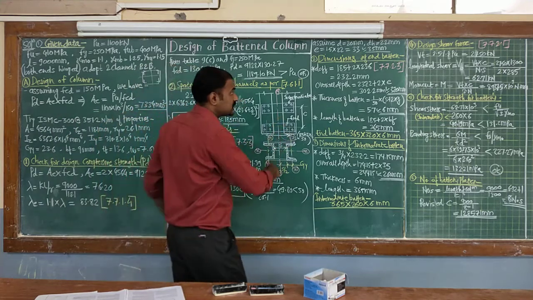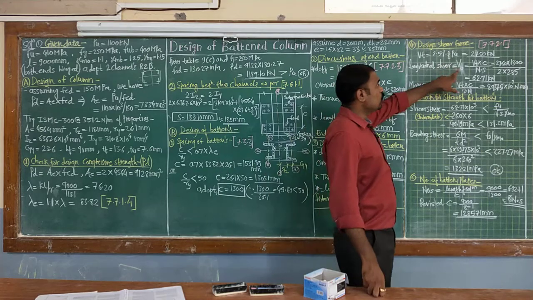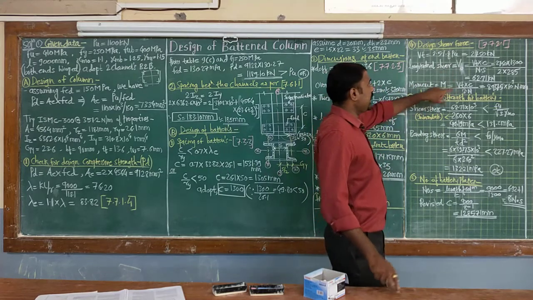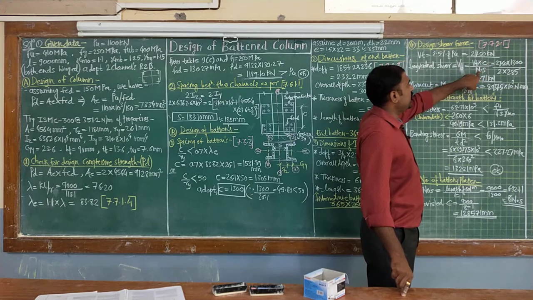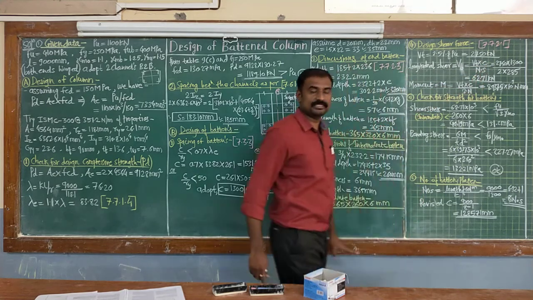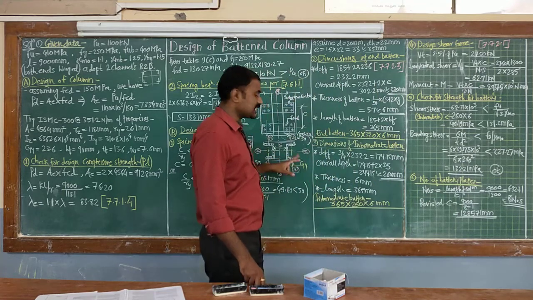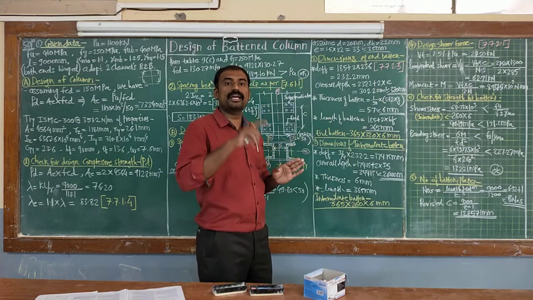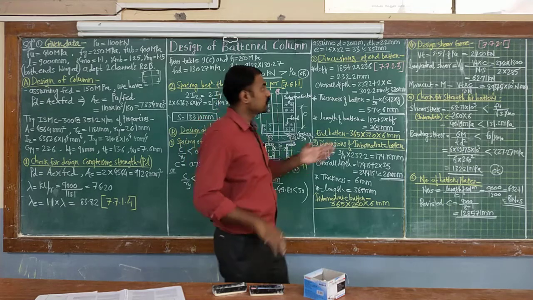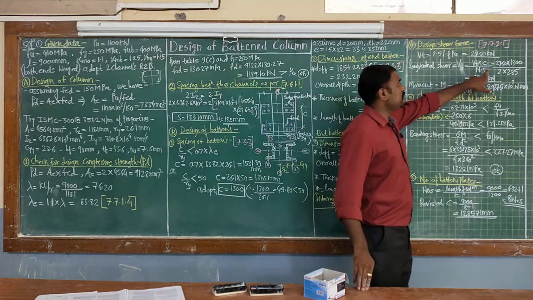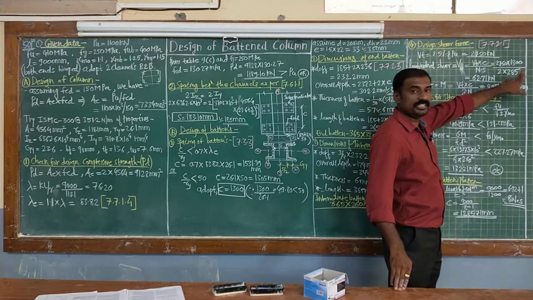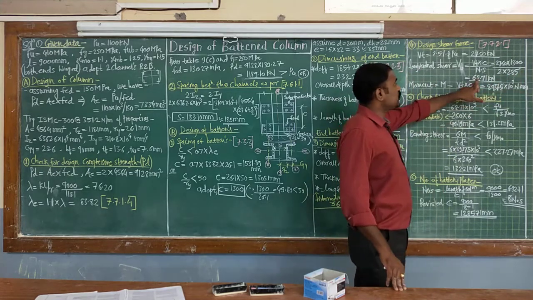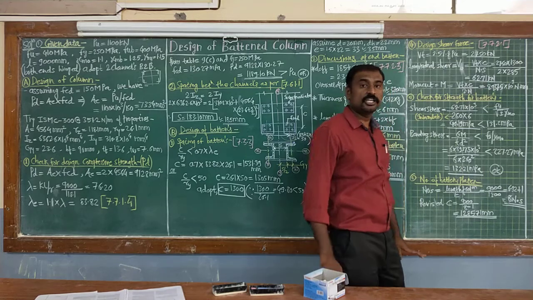For that case we are calculating your longitudinal shear VB value, and VB is given as your calculated shear force into spacing divided by N into S value. Now this N is nothing but number of planes. Number of planes for channel sections are 2. In case of 4 angle section it is going to be 4. So that value N multiplied by spacing. This spacing plus 2 times gauge distance we are assuming 285, already that we have defined. So I am getting 62.71 kilonewton, that is the shear force.